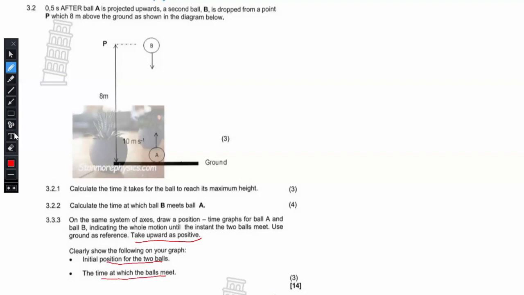the time at which the balls meet. Okay, so now we will start with our Cartesian plane. And then we are to take upward as positive, so that means we draw it up here on the positive y-axis. Then let's start with ball A. Ball A starts from the ground, right? So it starts at 0 position. They said we must take this as the ground, right? So your ball A goes all the way up like that,